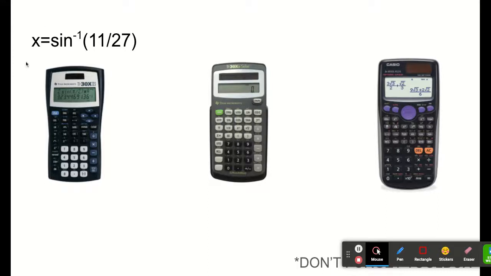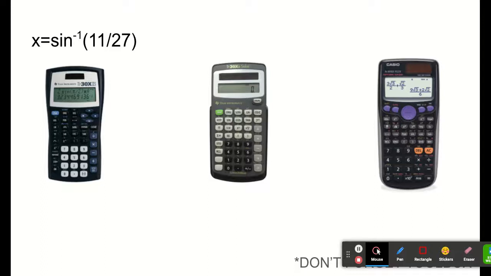So starting with this calculator here, the first thing you're going to do is push the second button. You're going to push second and then the sine button. Now, when you do that, you're going to see the sine inverse, sine -1, pop up on your screen. So you're going to push second, sine, and then you'll see parentheses pop up if you type in 11 divided by 27, and then push equals. And you should get